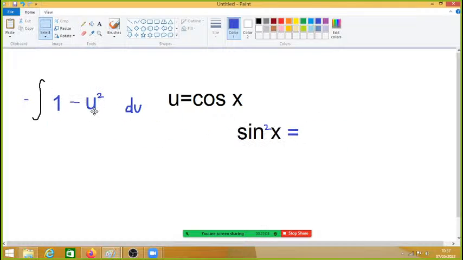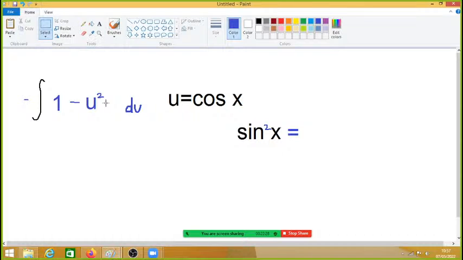With things where you've got a plus or minus in between, it's really easy. You just take them one at a time. So you first think, okay, what does 1 integrate to? And you're integrating with respect to u, so it'll just become u. And then what does u squared integrate to? Just use your normal formula, add 1 to the power, divide by the new power, and then you'll have the